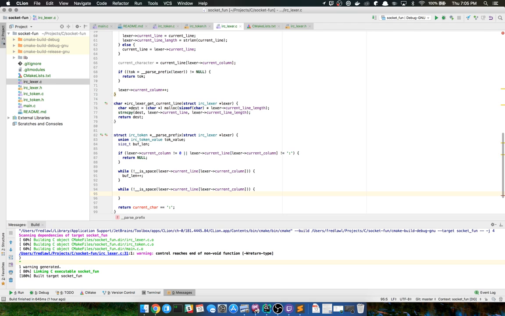So while, now I could say while not is space there as well, but in this case I might as well do the current column. Current column is less than the buff lane plus 1.